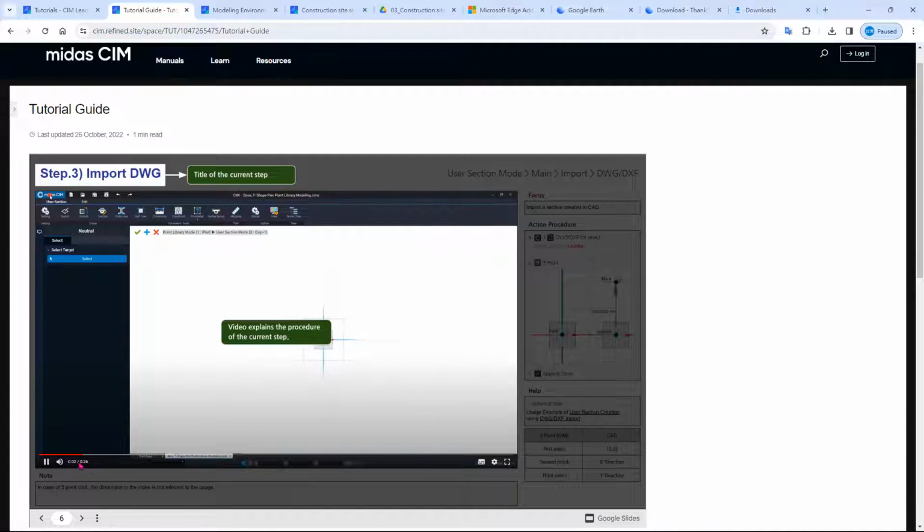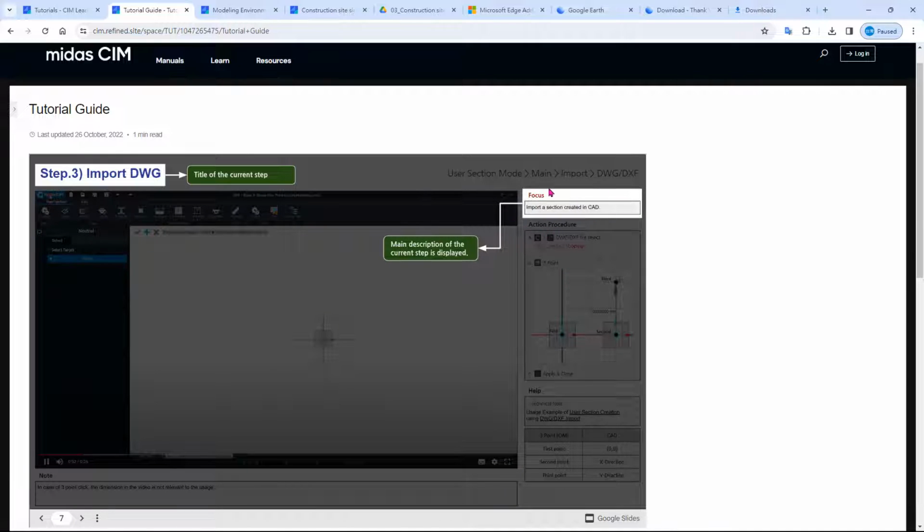Usually this is a video, so you can play the video and see how to do it like in real life, in reality. So you don't have to look only at the static picture.